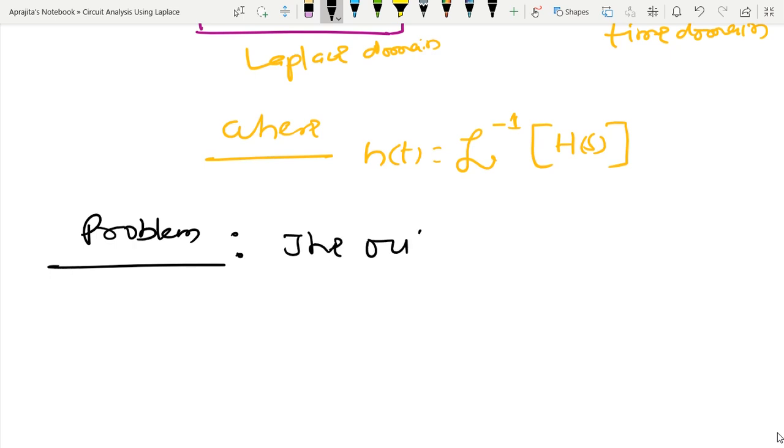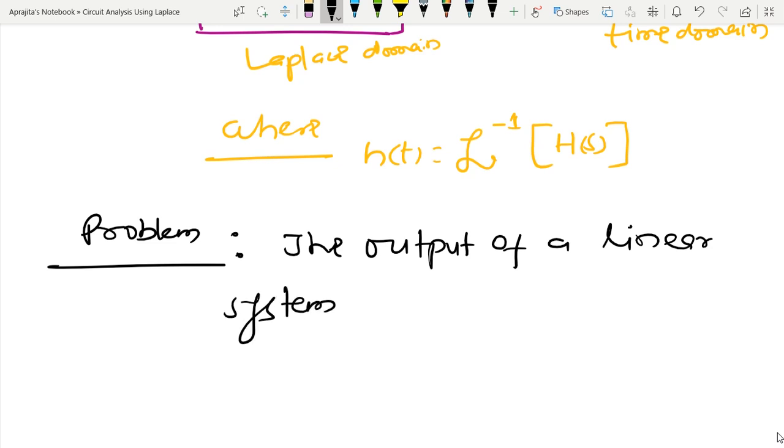The output of a linear system is y(t), so suppose our output is like this,